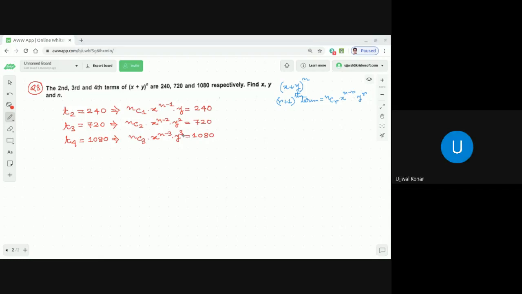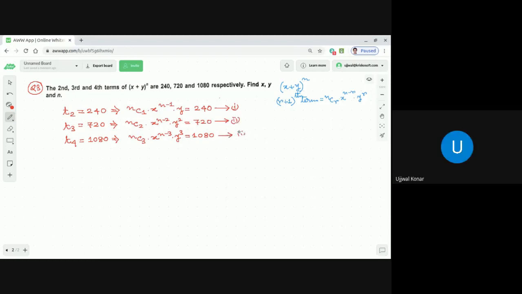So now we need to actually apply algebra here. There is no more binomial theorem. Binomial theorem concept we already applied. After that, all we need to do is apply the concept of algebra to find the value of x, y, and n. So what I'm going to do is, you can also do along with me. So I'm giving this as equation 1, this as equation 2,